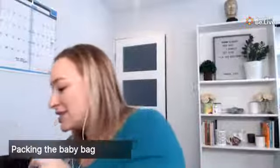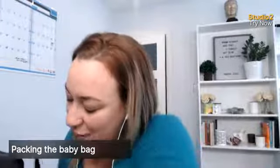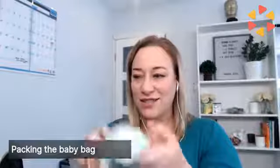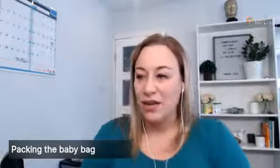Oh my God, this thing is so overpacked. Don't mind me. I'm just looking for... Oh, I bet you it's in this one. There's so many pockets. I'm not used to this thing yet. Sorry, guys. Okay. So we have our little hats. See these little hats? My grandmother knit these for us when I had my son, but I literally had like 20 of them. And then we have our little mitts, which